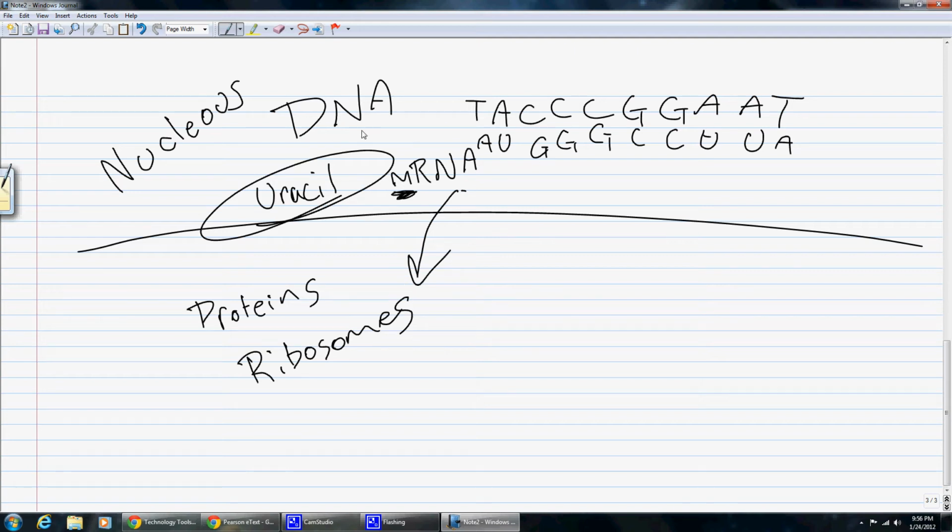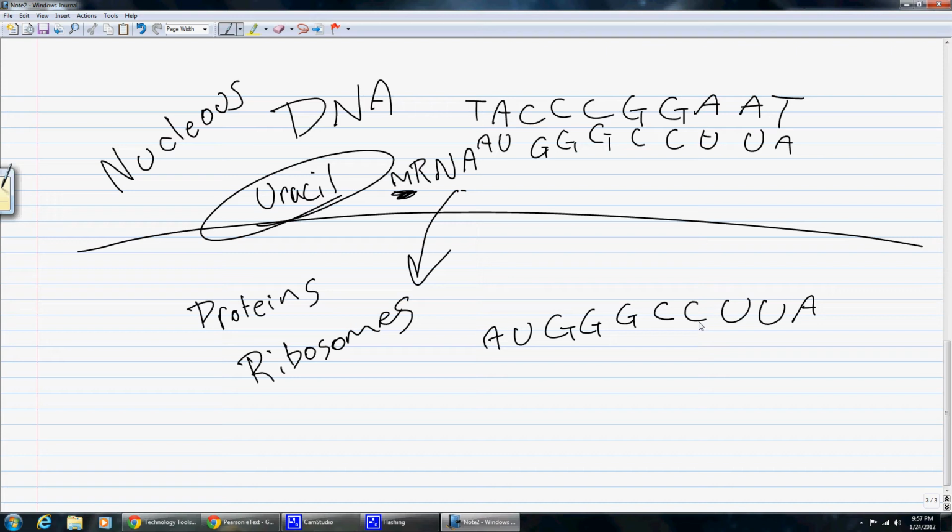It can then take this, because remember, the mRNA can leave, so it leaves the nucleus, leaves the DNA, and the DNA will find its pair, because remember it was taken apart so it could copy this. It goes back together and forms back into a double helix, completely unharmed. The mRNA comes down here and sits in the ribosome. Now with this new sequence, A, U, G, G, G, C, C, U, U, A,